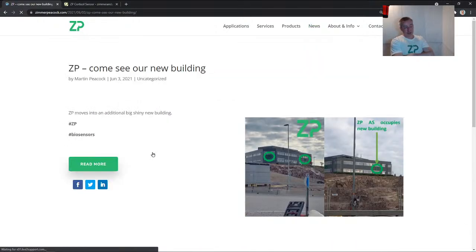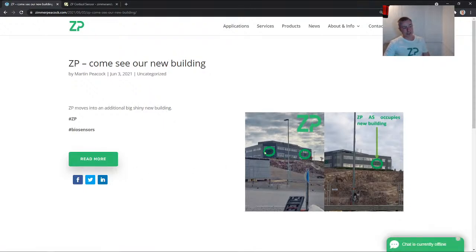Just a little anecdote for you. One of the engineers was driving to work, and he passed one of these buildings, and when he looked at the building, it's hard to see at the moment, but actually just in these green, there's these big ZPs. So this is our new building. It's a bit like a Bond lair. It's up on a hill, and so from the hill you can see this big grey building, but it's got ZP on the side. So this is actually our new building.